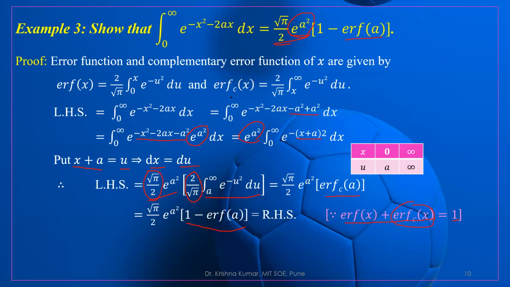Now this is a very simple question, but there is a trick: if we are not able to identify how to make it a whole square, how to multiply and add and subtract e to the power a square, then it is not possible to solve this question. But it is very simple once we understand it, and then we can solve this question very well. This is a very frequently asked question, asked many times in exams. So please try to solve this question once more. So this is our answer. Shall we take more examples?